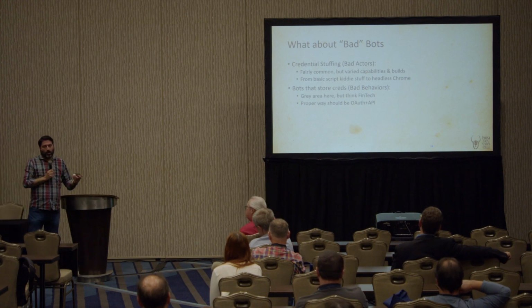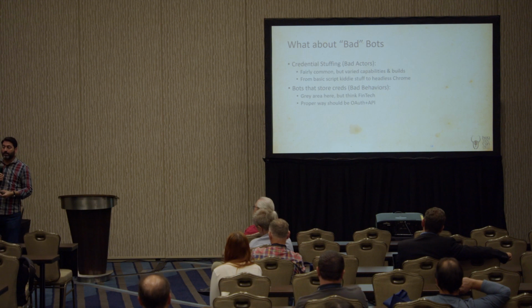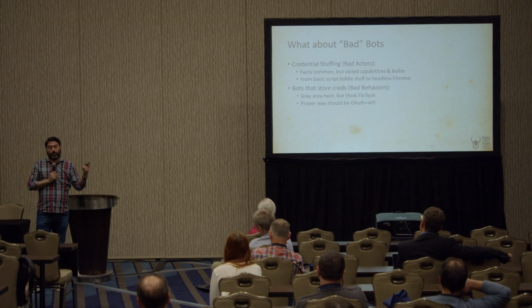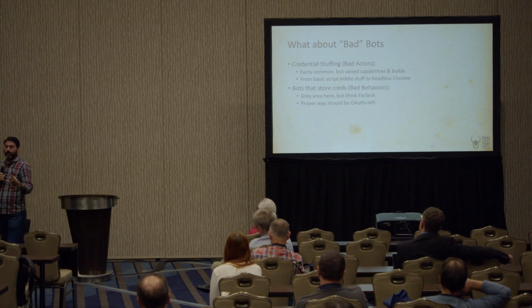So the proper way should be with OAuth and API calls, and that's where it's moving right now. A good example: if you bank with Chase and you use Mint, you will see it is now an OAuth connection that occurs, and you can revoke that token. So it's the proper way to do things. Why? Because I want to control what you have access to, and I want to put the power of removing that connection in the hands of the user in a way that doesn't force them to change their entire authentication strategy.